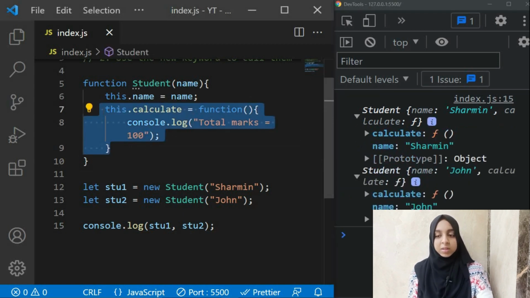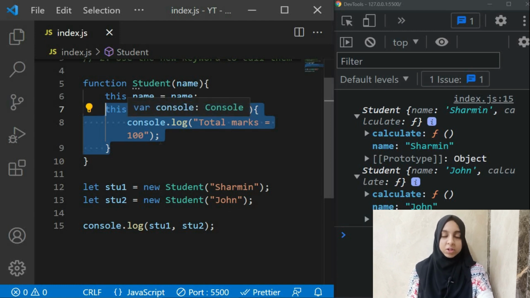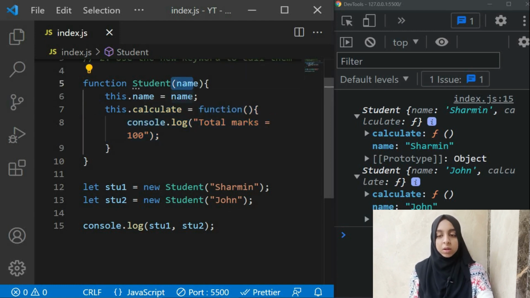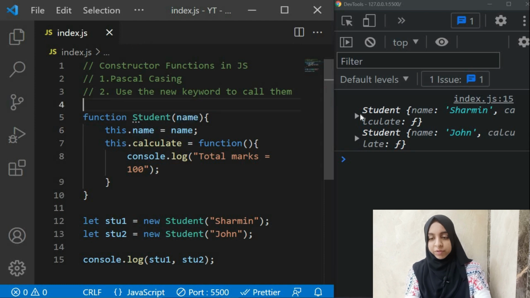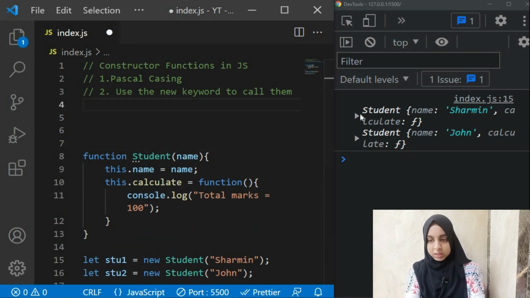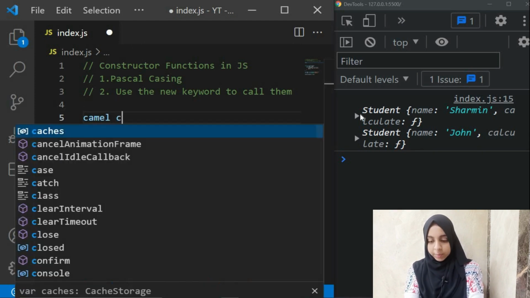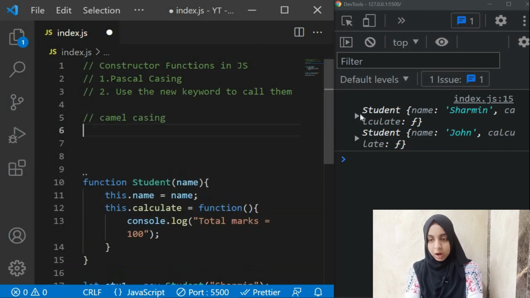Because here we aren't passing any parameters that are coming from our function, like something over here that we are doing. So yeah, this is how you write constructor functions. And let's see the difference between camel casing and Pascal casing also. Now camel casing is how? Camel casing is,